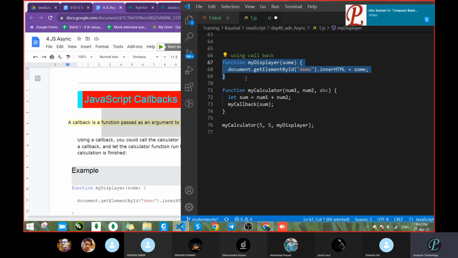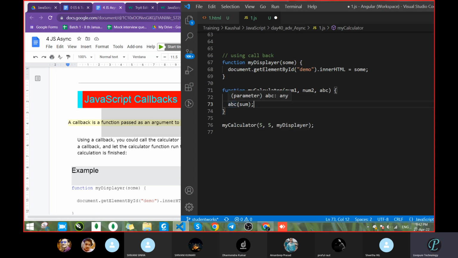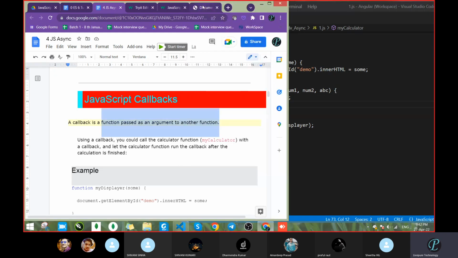In my displayer function, one argument is written there, sum. Where is my displayer function now? It is coming with the help of ABC, because we renamed this third argument. So in case of my callback, we rename it here. Is this correct or not? Yes. And here it wants one argument because this has to be displayed on the UI, so we pass that argument here itself. Got it? But first let's look at the output, whether it is working fine or not.